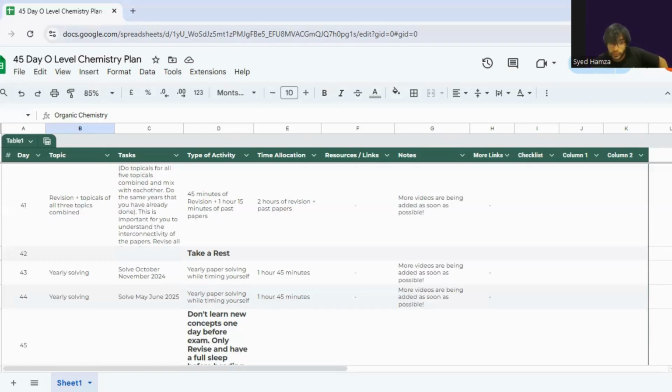And one thing I would suggest is that on the 45th day, I think that might be the exam day, or just one day before the exam, you shouldn't be learning any new concept. Leave it, honestly, leave it. If you think it's worth maybe 2 to 3 marks, then you probably can learn a new concept if it is tested so much. But if it is not, you shouldn't be learning any new concept one day before the exams, because you have already done such a lot of things that if you keep feeding your brain something now, it's not going to take it. It's going to forget all of what you have studied before.